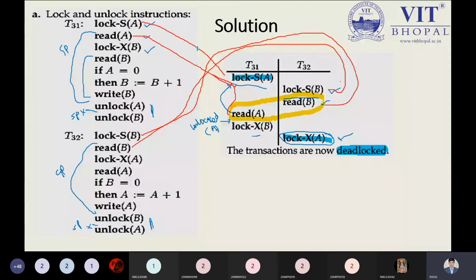See, here I am picking this lock as A, so this will come first. I can't take the write B first; I can take the read B first. We have to keep in mind the order, and we have to put each instruction in the appropriate place. So the reason is clear now.